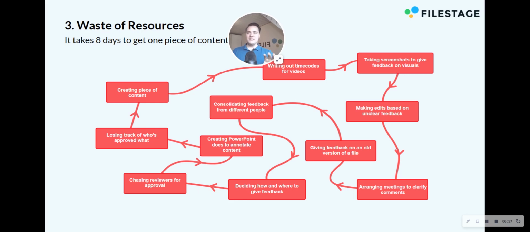First of all, on this slide, you can see all the different things that are the core actions account managers and marketers do during the campaign approval. Arranging meetings to discuss misaligned feedback, taking screenshots and writing notes for video content, sending feedback via email, sending feedback on a phone call. So somebody needs to consolidate it, right? So all this adds up. And in terms of wasted resources, what I mean here is